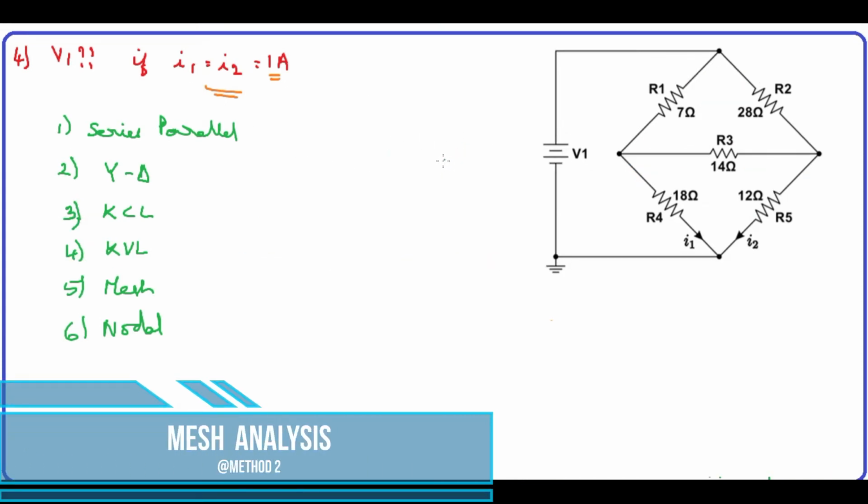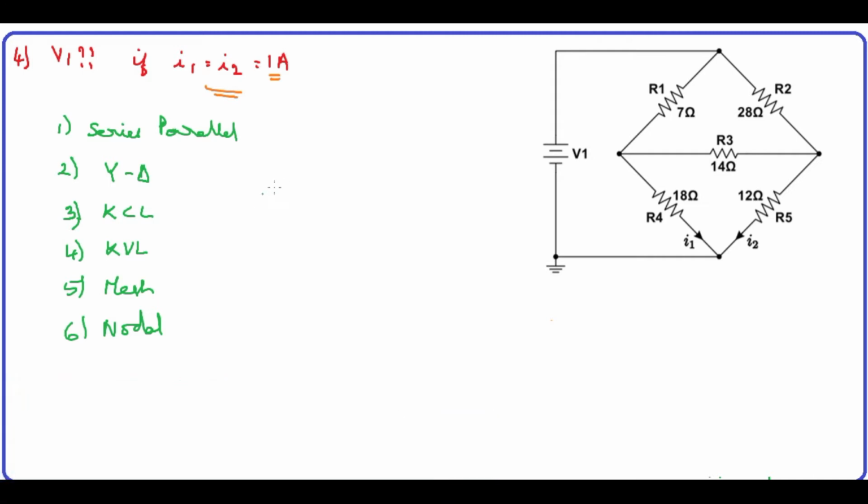Yeah, let me proceed with mesh analysis. Even mesh analysis is also easy. We can try it, IB and IC, so without having any confusion. Of course, the IC can be resolved with I1 and I2. So that part we will see later. Okay. First, we will simply write the equations.